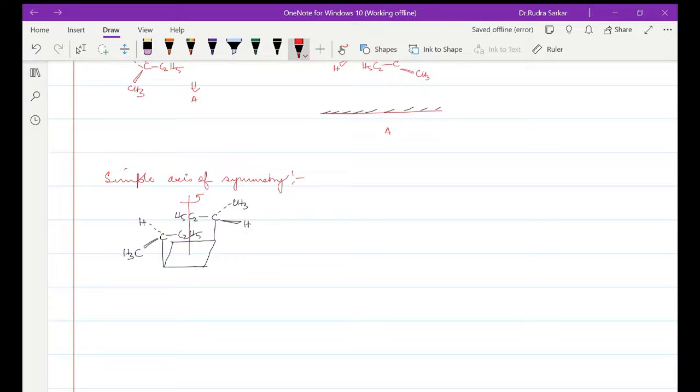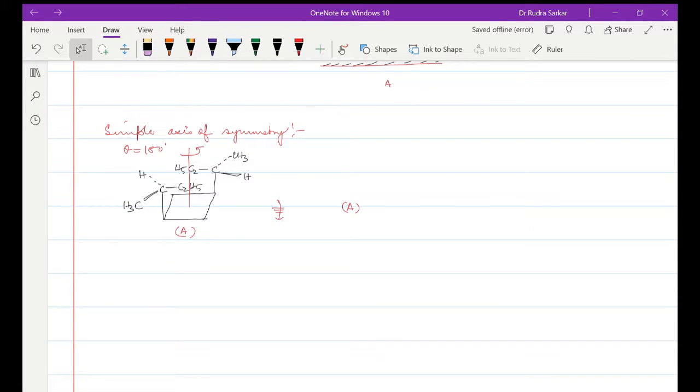of rotation, theta will be equal to 180. So over here, if I call this molecule A, now after the rotation is done, it will actually reproduce the molecule A. So a simple axis of symmetry we will define as an n-fold axis of symmetry